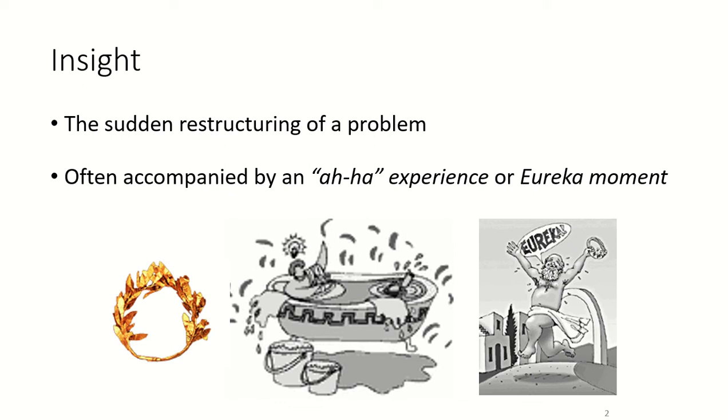And interestingly enough, this is known as an aha experience or a Eureka moment. And there's an interesting story from Greek mythology behind that. The Eureka moment came when, according to legend, King Nero had a golden crown that he had made from a goldsmith, and he didn't want to be betrayed, so he wanted to actually know whether the full amount of gold that he had given to the goldsmith had been used to create this crown,